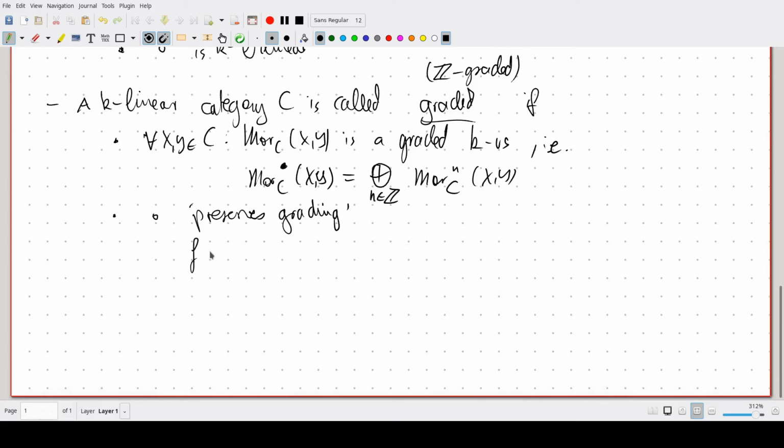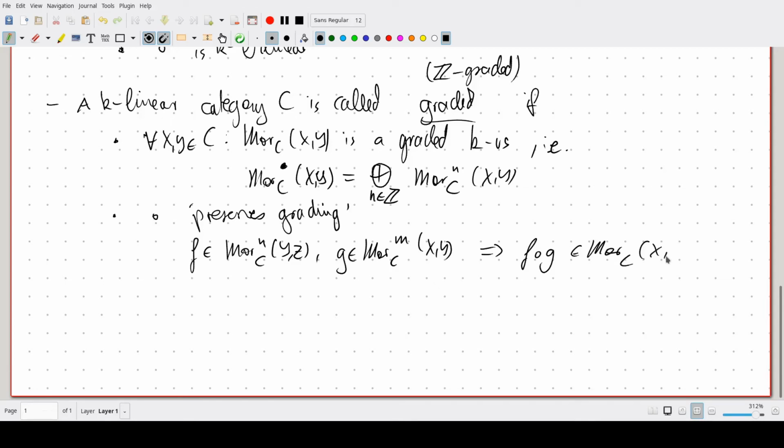It means if f is a morphism of degree n from y to z, and g is a morphism of degree m from x to y, then f after g is a morphism, obviously from x to z, but now the degrees add, and we have that this is of degree n plus m. And finally,